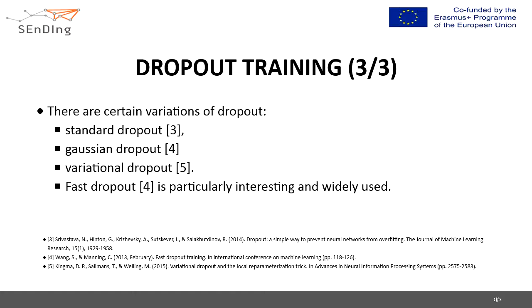There are certain variations of dropout: the standard dropout, the Gaussian dropout, the variational dropout. The fast dropout is particularly interesting and widely used,